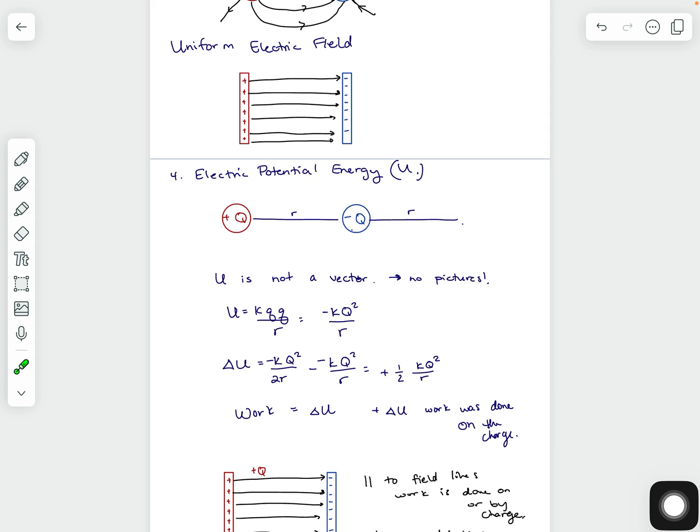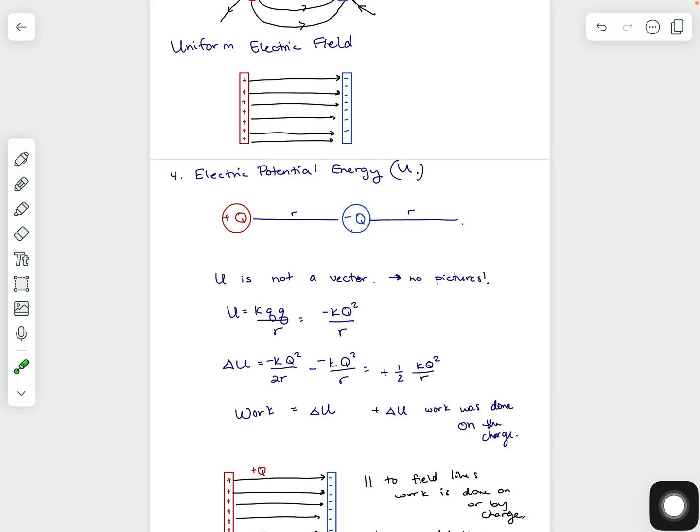So for example here, I have a q. Instead of a q, I'm going to put a big capital Q. So I have the capital Q, and then for the negative Q, I'm going to put in a negative Q. So I end up with negative KQ squared over R. All right, but let's say I wanted to compare the energy,